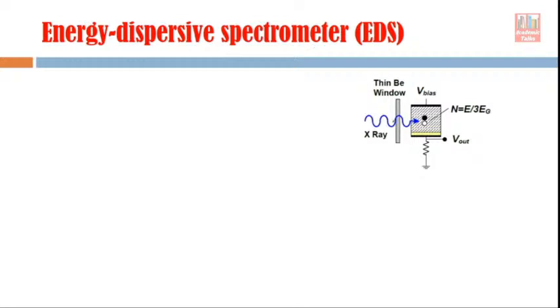Here you see the X-rays which are generated by a sample when the sample surface is interacting with the incoming electron beam. Because of that interaction, X-rays are generated, and the wavelength, or you can say the energy, of this X-ray depends upon the presence of elements in the material. Whatever material is there will generate some X-rays, and these X-rays go to the detector. So what is this detector?